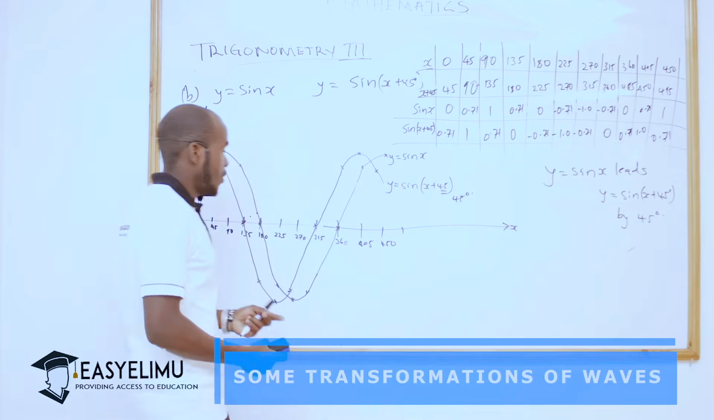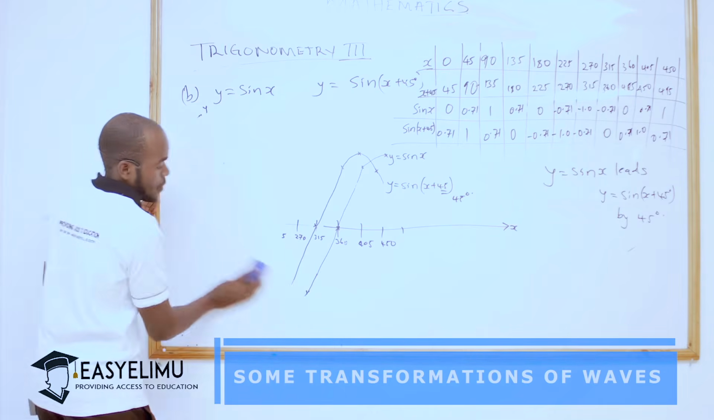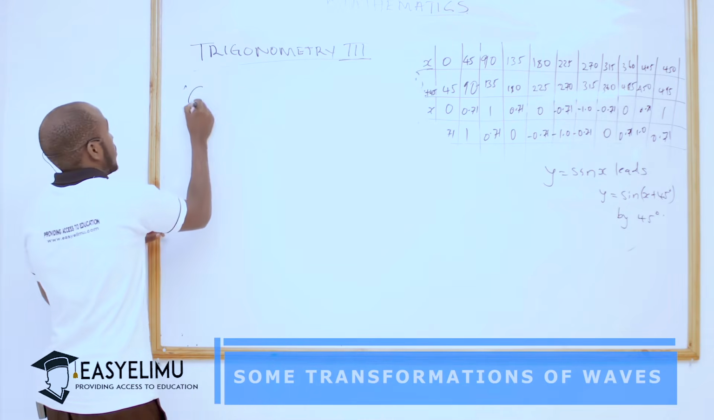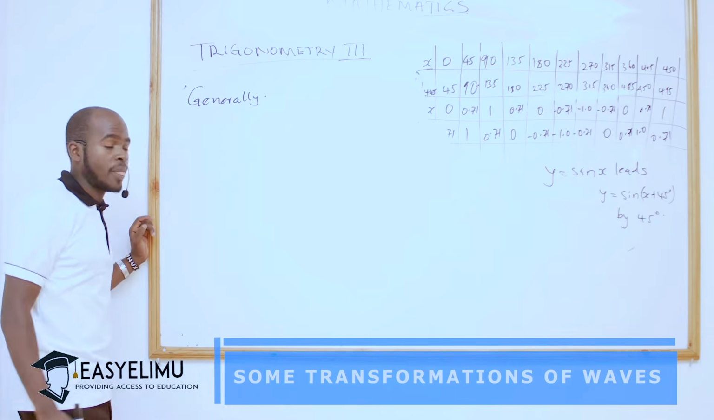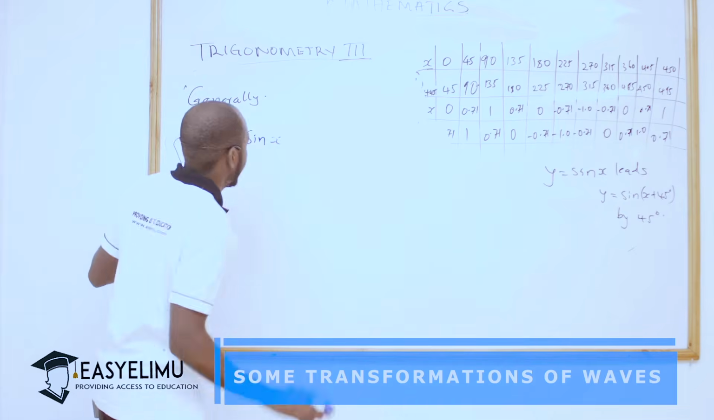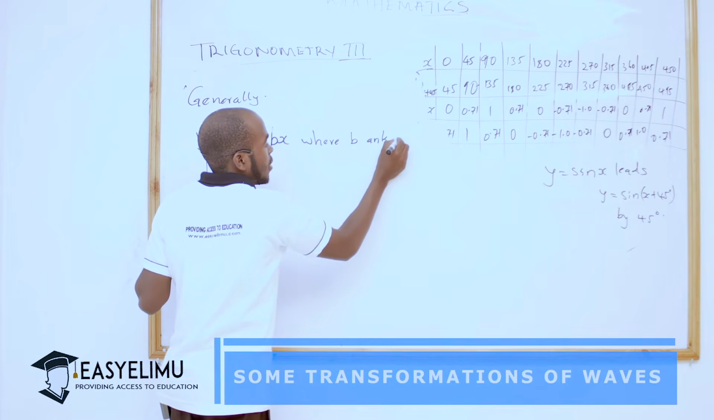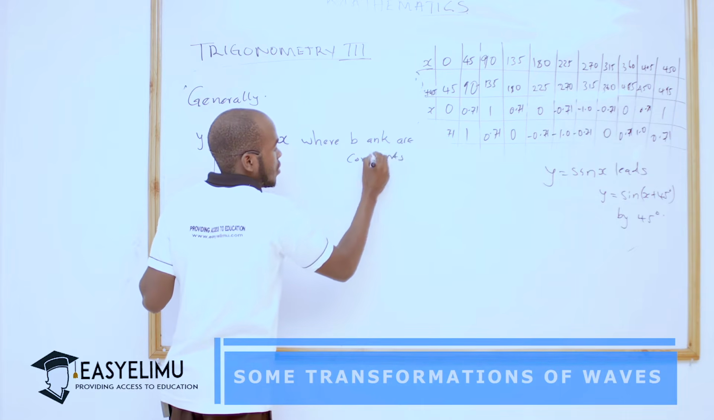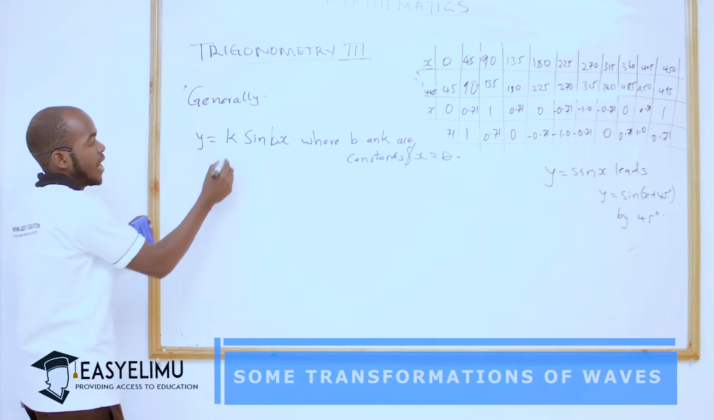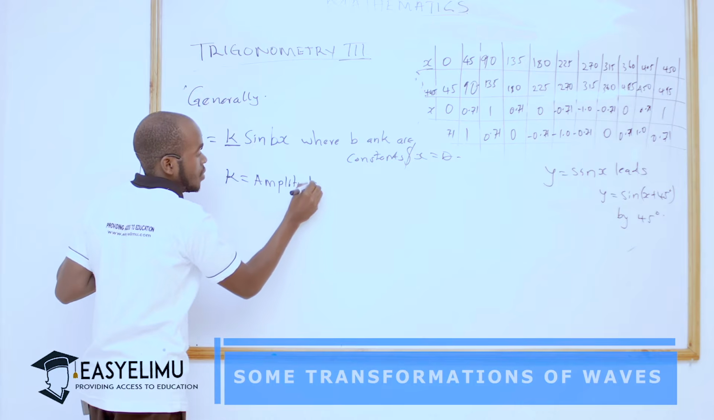So in general, from the graph we have consequently seen what we wanted to observe, and in general we can say, generally, given y equals k sine bx, where b and k are constants and x is equal to theta, then we can say that our k here is equal to the amplitude, and the period